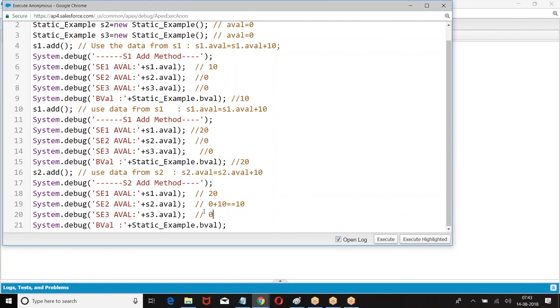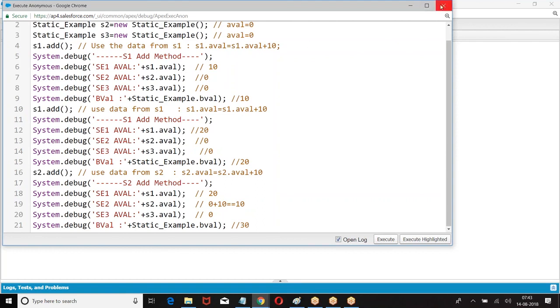For S3, B plus 10, so we are going to get 30. So when you say object dot, it always refers to non-static variables. When you say object dot, any operation, refer to the data from that particular object. If the data is not there in the object, then go to the static and verify. Are you clear?